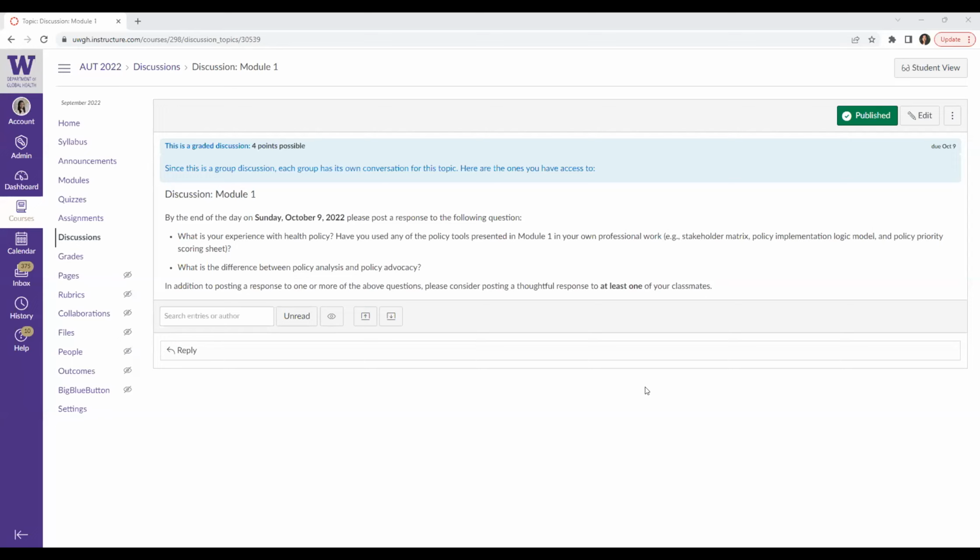Sure. We get a lot of questions from people who would like to know if they should use the Canvas app to access the course. We found that there are quite a few problems with the Canvas app, and we don't actually support it at the University of Washington. Whenever I get tech support questions, about 85% of the time it's people using the Canvas app who are having problems submitting assignments, getting their discussion posts to go through, things like that.